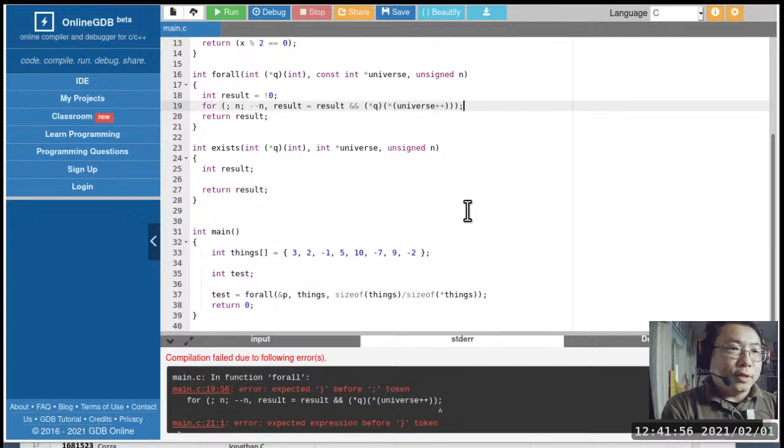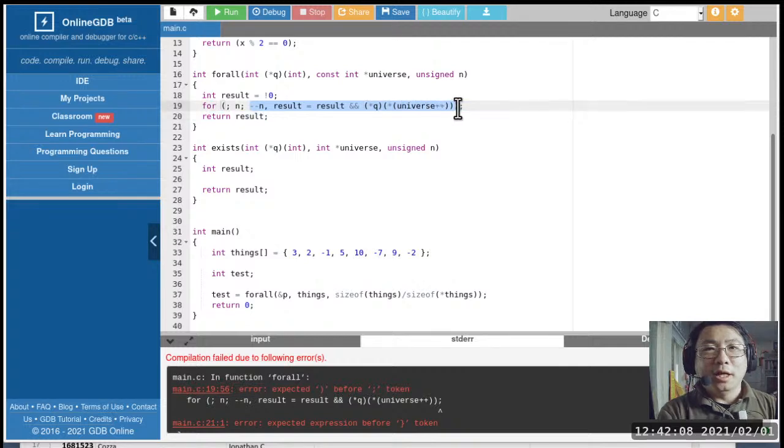And this is a very odd looking for loop, isn't it? There's no actual body for the loop. Everything that I need to do is contained in the post operation. This is the post operation. And then the condition to stay in the loop is also deceptively simple, which is just n. So the idea is n is also serving as a counter. It is a countdown counter.